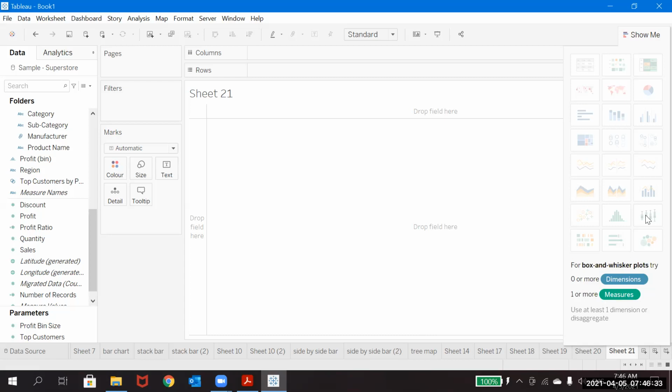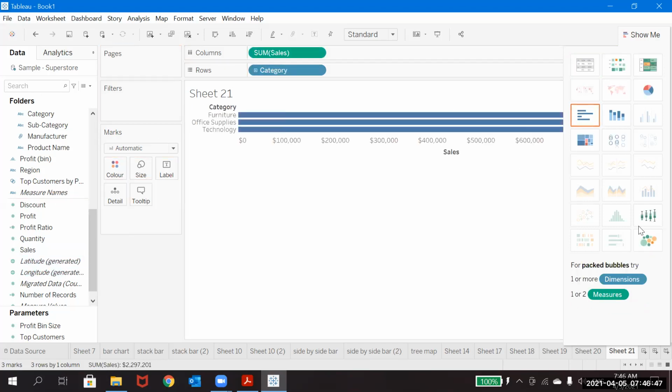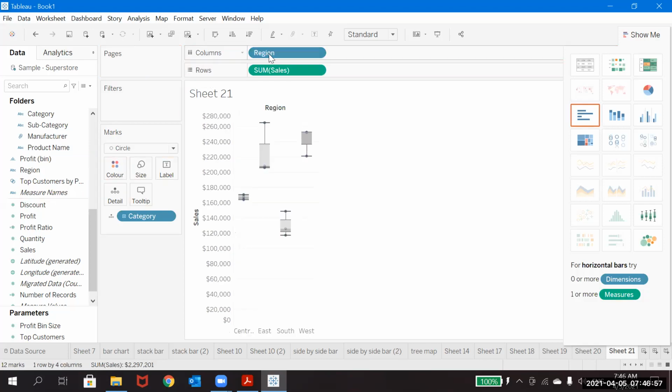So now we will see how we will create them. Even this is a little tricky to understand, but I'll display it. See, if you observe, there is an upper hinge and a lower hinge value, and an upper whisker and a lower whisker value.